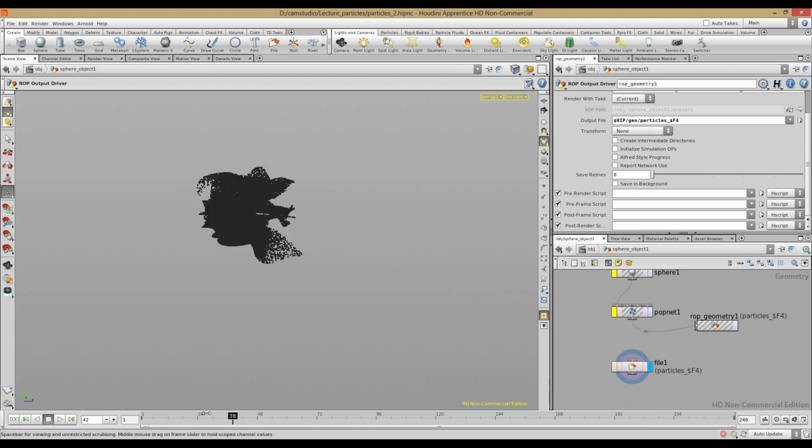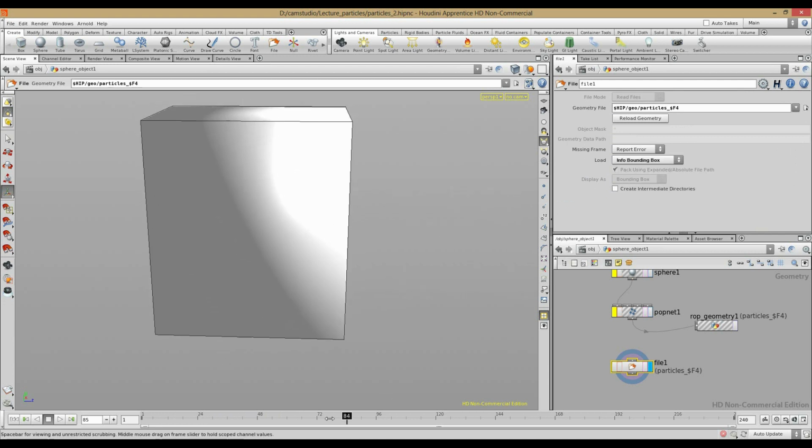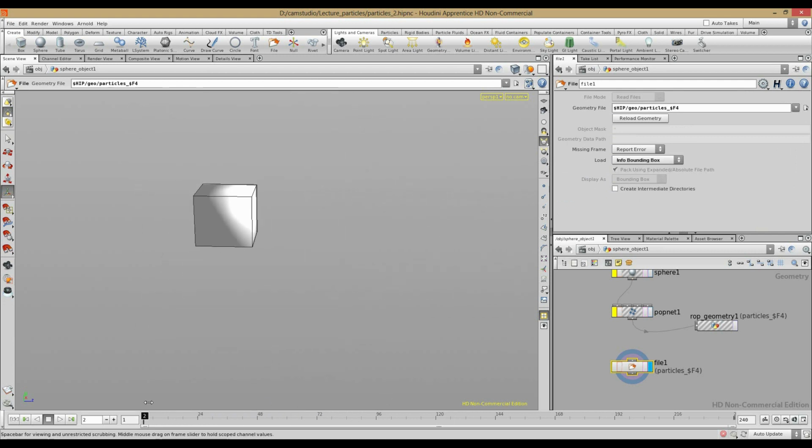And once it's cached, I can scroll back and forth, and this will be fine. In the file node, I can set my particles representation to bounding box, for example, so this will be really fast. I can change to info, so this will be like one point cloud,